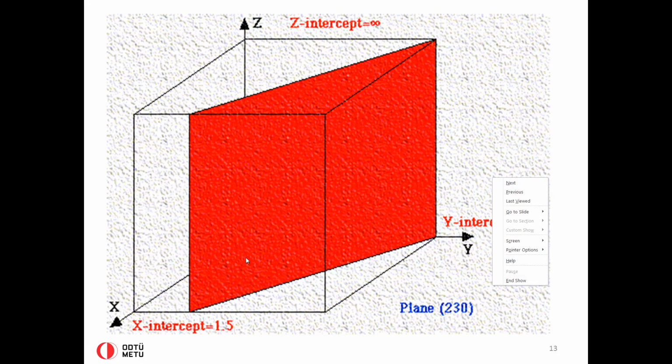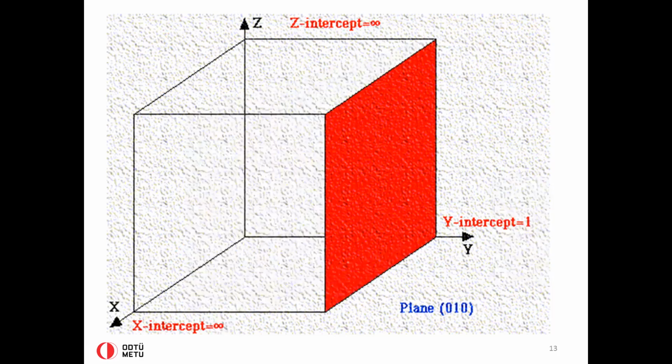And when you actually continue this plane along the x-axis, it would cut around here at 1.5 times a, the length along the x-axis. So there is, again, some logic, but it might be harder to follow when you go to, say,